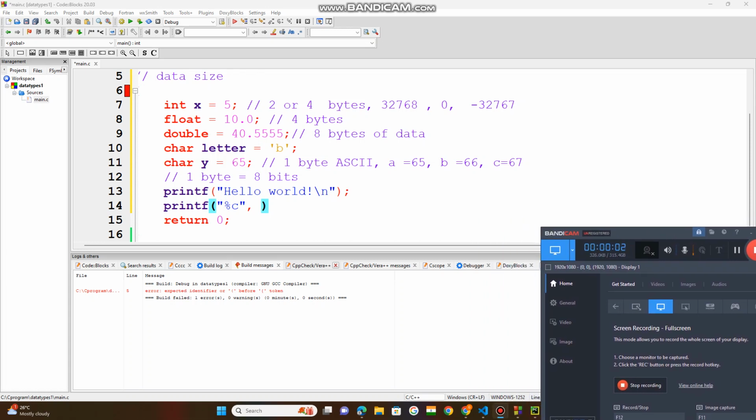This variable stores which type? This variable y, because you have mentioned this format specifier, the C letter, indicating characters. So this character format specifier is indicating that this variable y